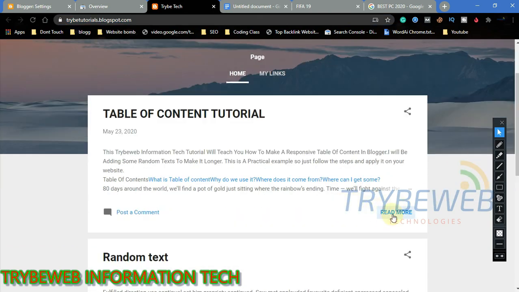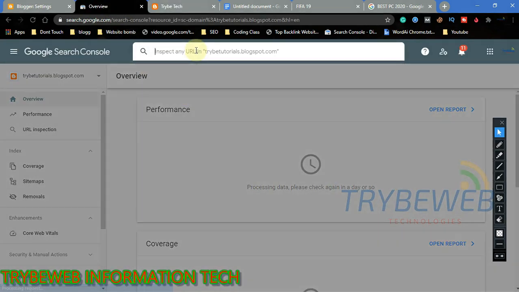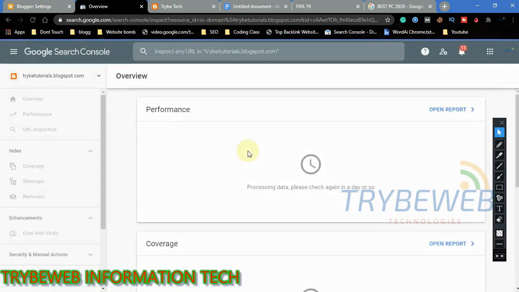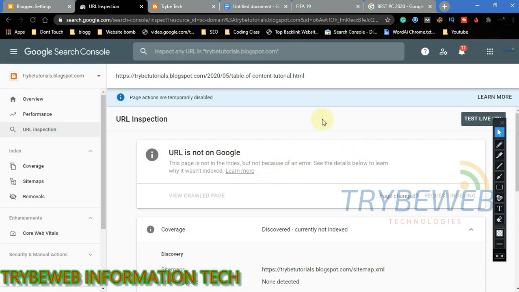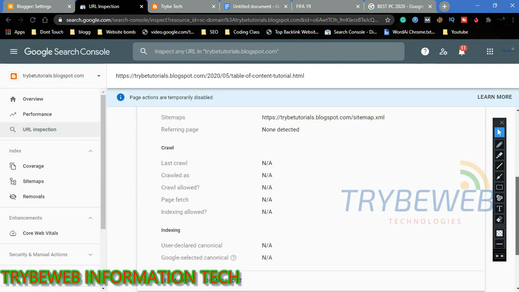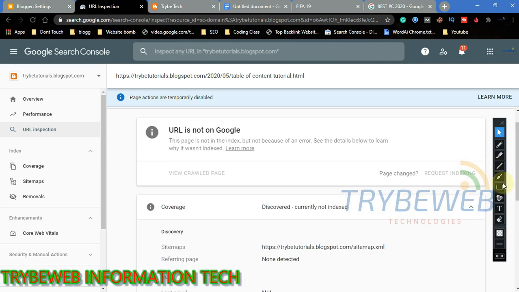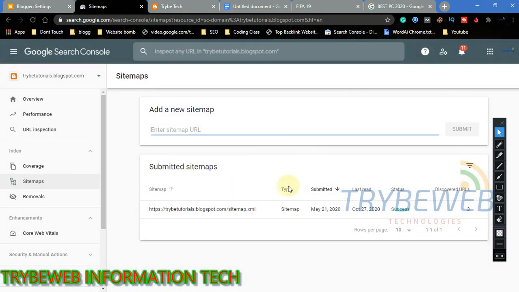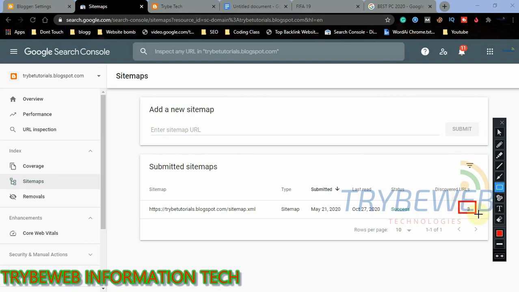It's quite easy. It's just to copy your link, go back to Google Search Console, and then let's say after making a post, copy it, come back here, and then request for the data from Google Index. So this usually takes some seconds, and as you can see, this URL is not live on Google yet because I just created this account, and then the blog posts are quite new. So probably because I've also not submitted my sitemap. So to submit your sitemap, you have to come back here, and you know what to do. So I'll talk about that in future videos. I won't go extensively in this video.